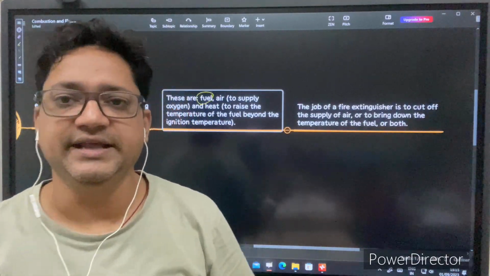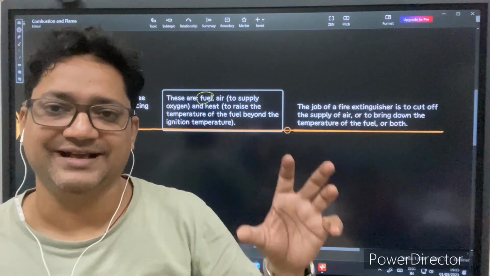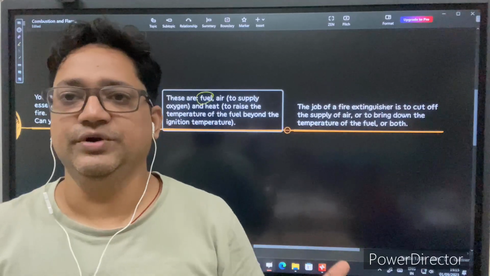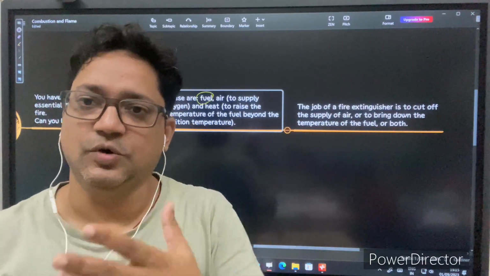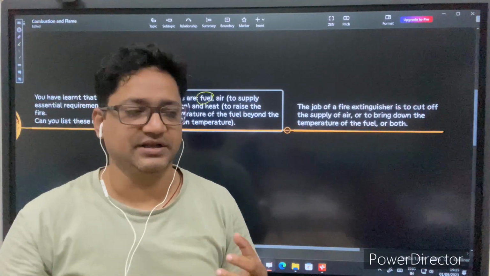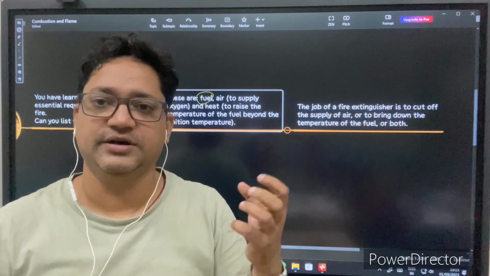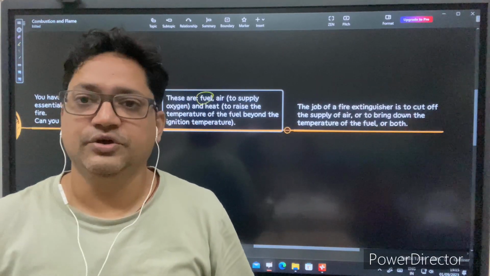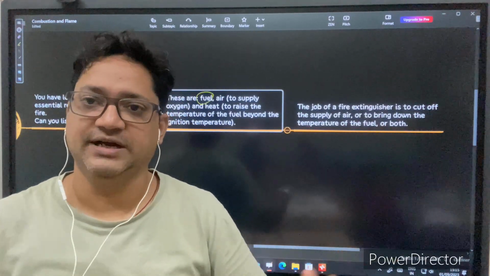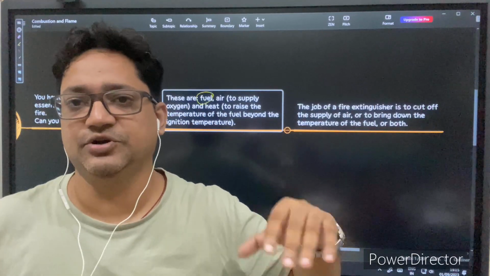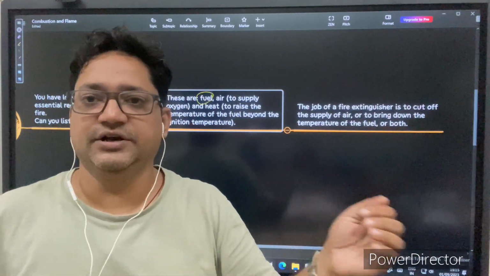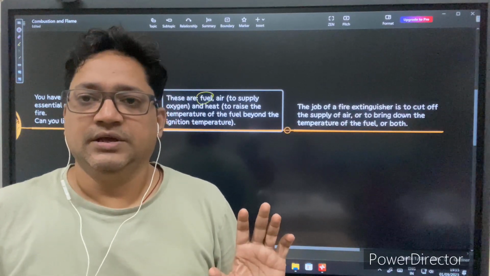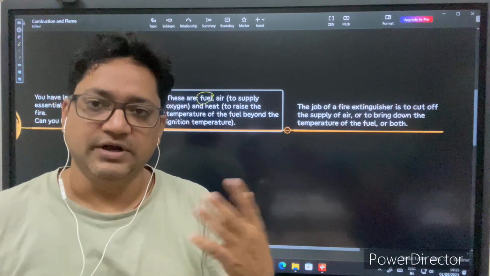Suppose in a building a fire takes place, then the whole building works as a fuel. So how are you going to cut off the fuel? This is what is mentioned in the NCERT. If you are talking about a fire caught in LPG or petroleum, you cannot reduce the amount of petroleum. Suppose 10 liters of petroleum has caught fire, then you cannot remove 8 liters of the petrol so that only 2 liters can burn. It's very difficult, it's very risky. Later you will come to know.